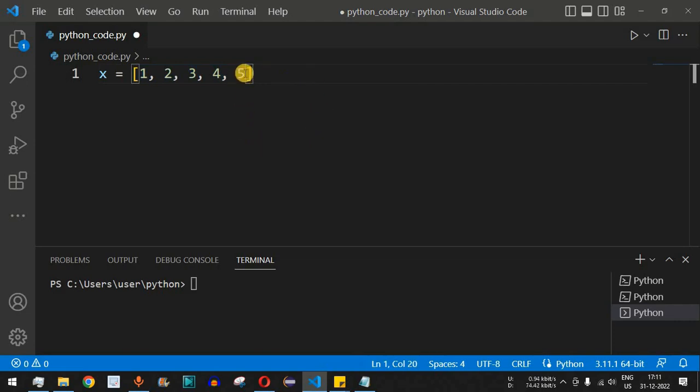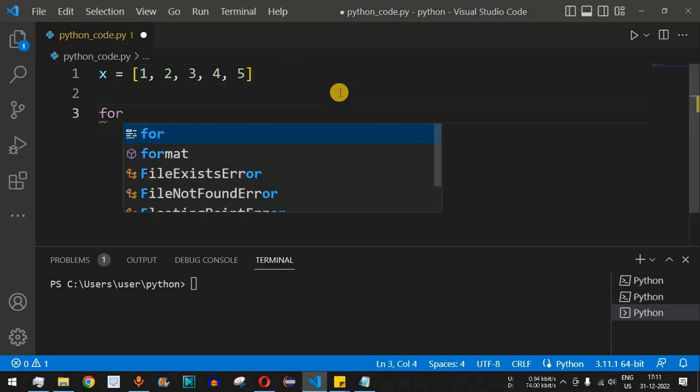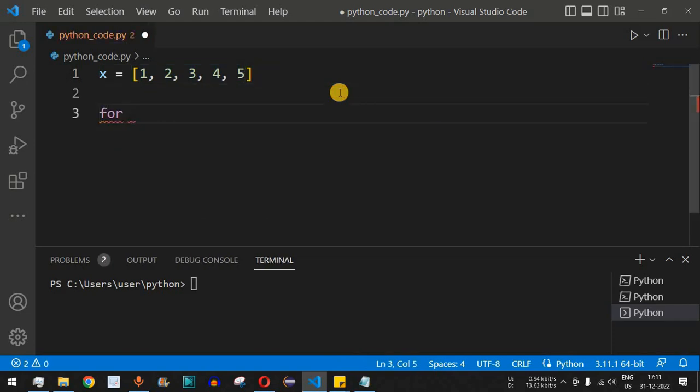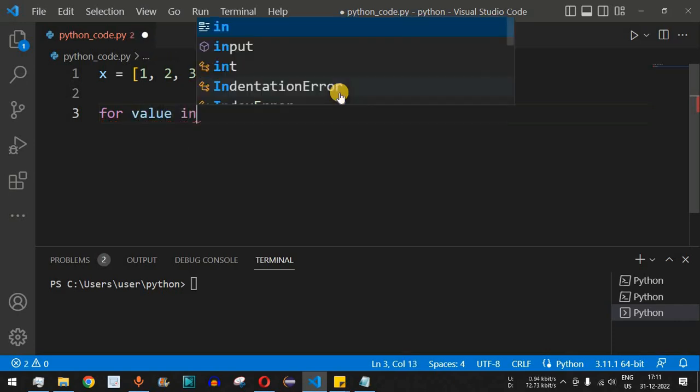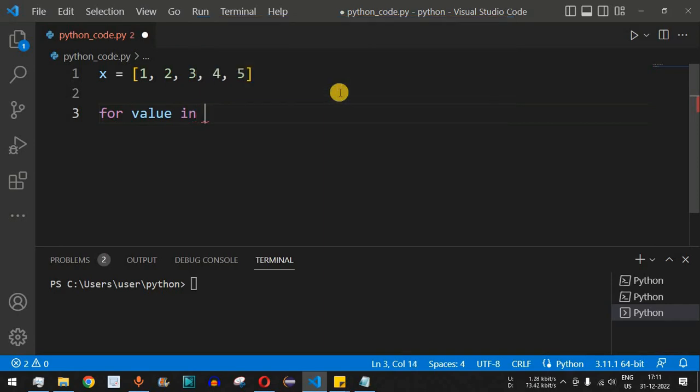Now what we want to do is print all these numbers one at a time on separate lines. So we can simply use the for loop over here. So for, and let's say we provide a value as the variable name, and then we provide the in keyword, which is the membership operator, and after this, on the right hand side of the in keyword, we are supposed to have the sequence. So the sequence in this case is the variable x over here. This is the format of the for loop whenever we are going to iterate through a list or a sequence. Now inside this, we can have the block of code over here.